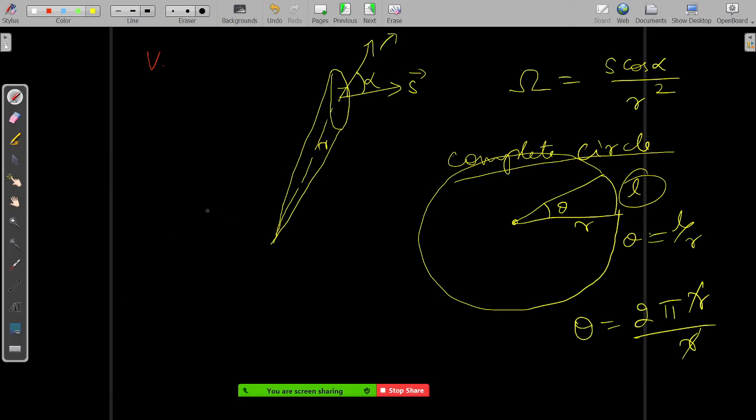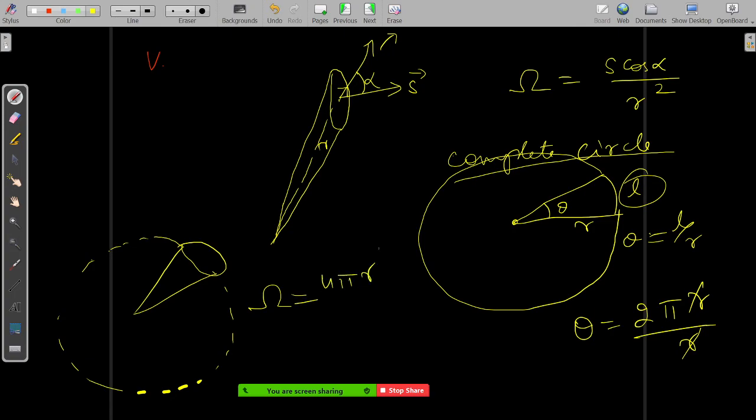totally a closed curve? So this cone was there, no? This cone was there. So let's say this is extended something like this, and it is a closed surface. This is not a length, it is a surface. Understood? This is a surface. This is 3D. So what will be the total solid angle made here?